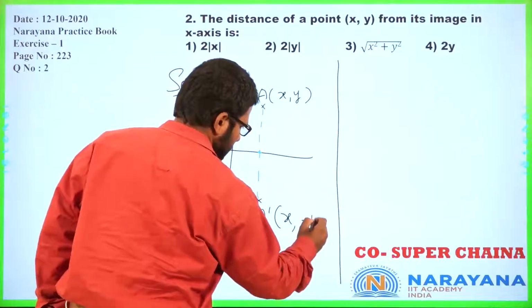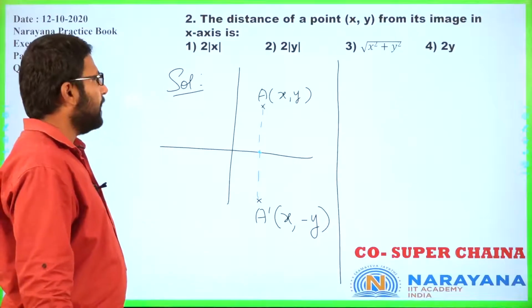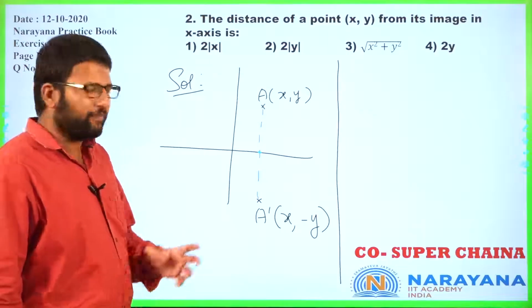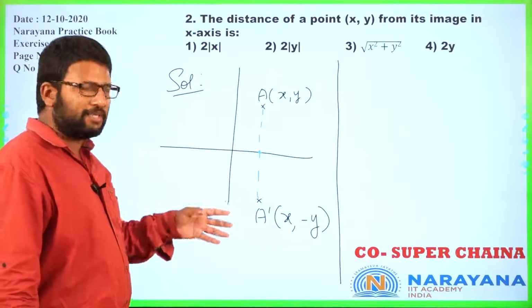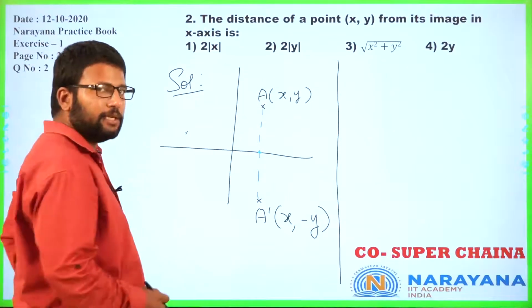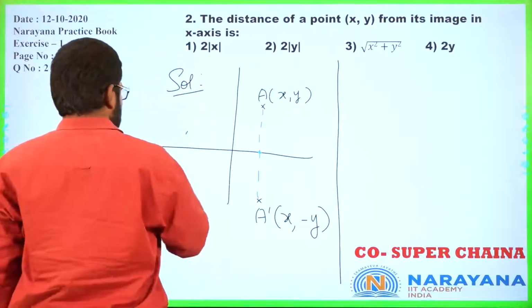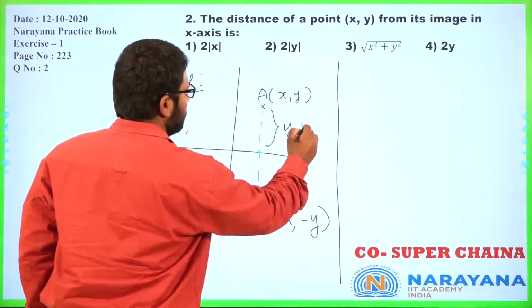X comma minus y. All right. So this is A dash. Now we want to get the distance between these 2 points. Now one way obviously is to use the distance formula, correct? But you know this much, that if this is the y coordinate, then this distance is y, correct? See, instead of using the formula, I am just using geometry. That definitely this distance must be y units,